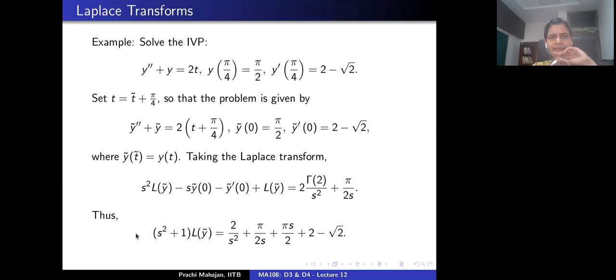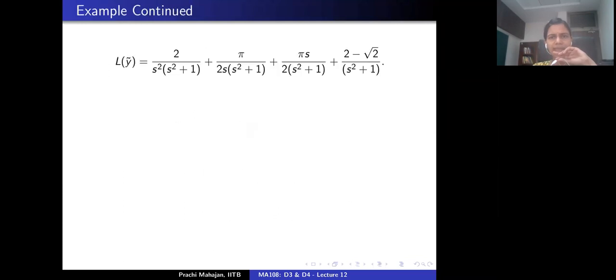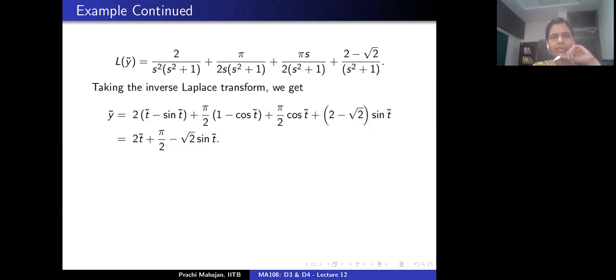So let's write down the last thing again. The Laplace transform of y tilde is given as follows. One has to write down the inverse Laplace transform of this function. Now what do we do? How do we take the inverse Laplace transform? I have a 2 by s square plus 1. This was an example discussed previous time. We worked out the inverse Laplace transform of the function 1 upon s square plus a square, or you can do this small calculation afresh.